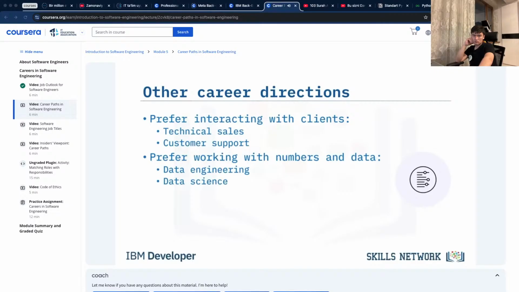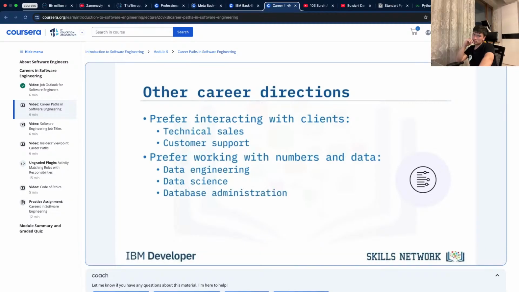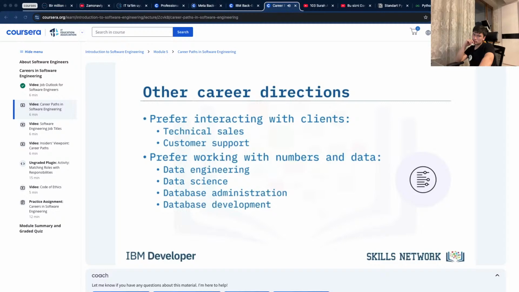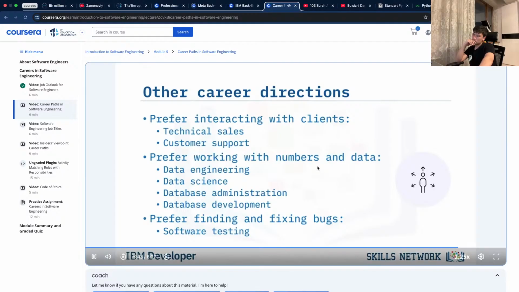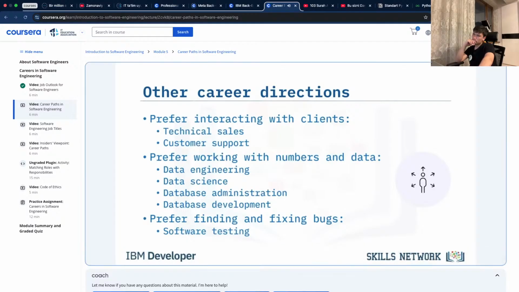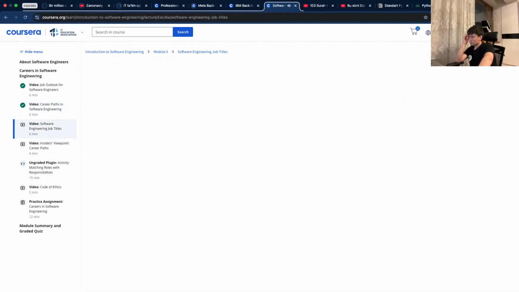And if you find that the data side of your new role is your passion, you could move on to become a database administrator or database developer. And if you enjoy finding and fixing bugs, you might transition to a software tester role. IT is a vast field with an abundance of opportunities across many skill sets. So starting your career in software